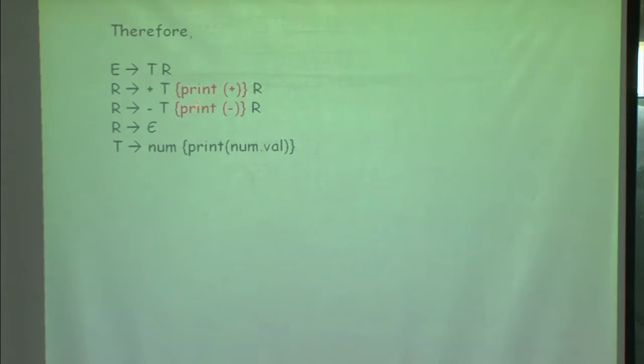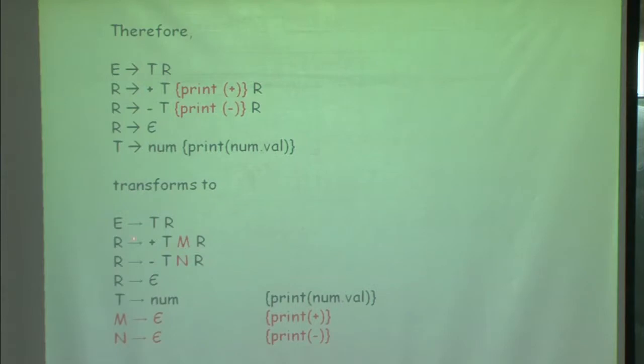And this is what happens. This is an embedded action; this was the first example we took as far as the example of translation schemes were concerned, where we said we want to take an infix and convert that into a postfix. Okay. So, this is what we will do. Corresponding to this action I am putting a marker M, corresponding to this action I am putting a marker N, M and N both go to epsilon, and the action corresponding to that occurs here.